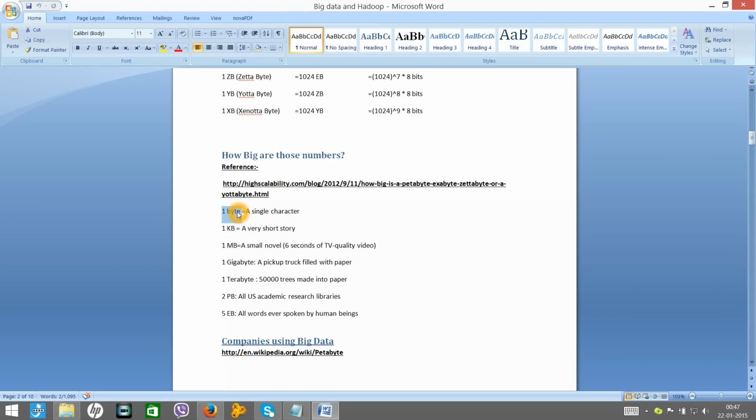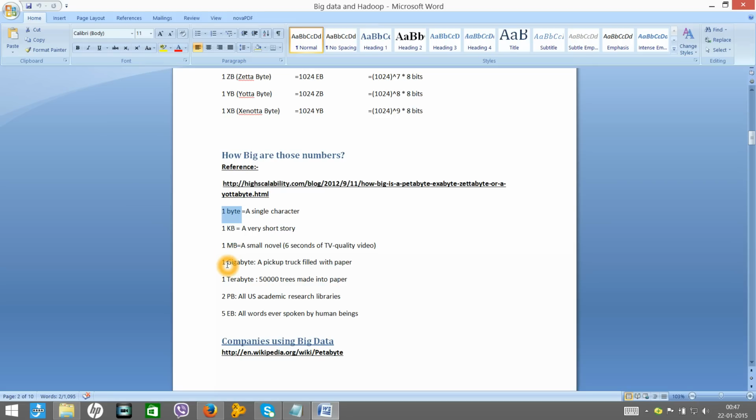But if somebody talks about 1 byte, it usually means a single character. Similarly, if somebody says I have 1 kilobyte of data, you can assume you just have a very short story. If somebody says I have 1 MB of data, that is equivalent to 1 novel.